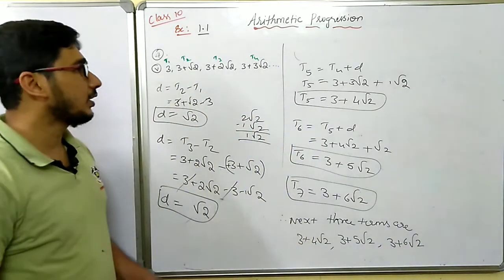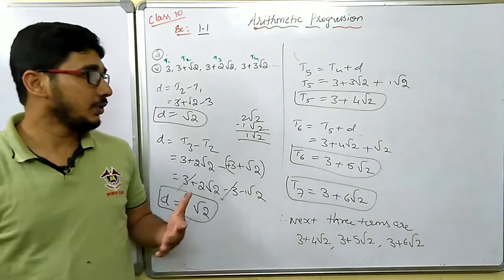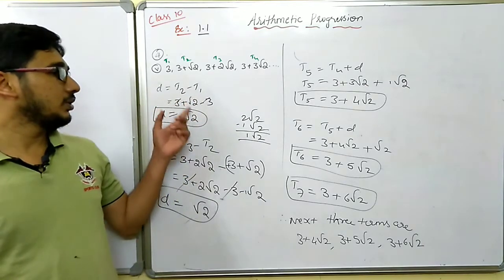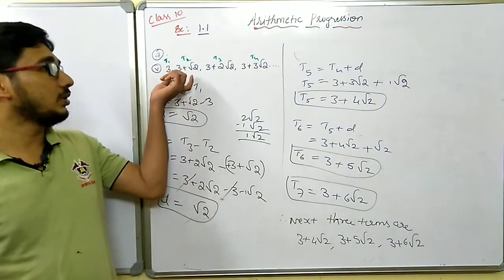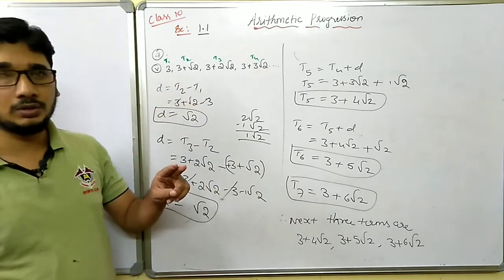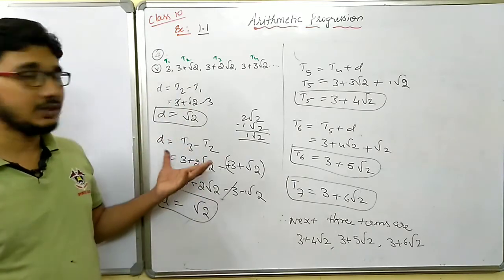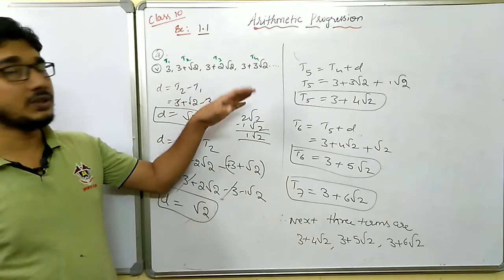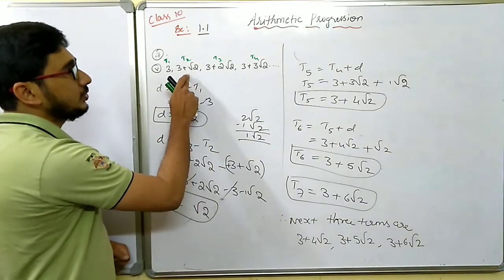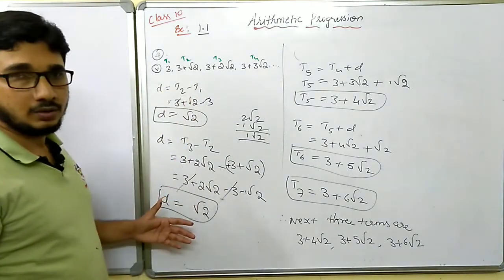Okay, this is how we are able to write whether this is in AP or not. If it is in AP, how to find? Just see the difference, T2 minus T1. You should not do it only for the first two terms. You have to check the condition 2 times or 3 times. This is one time I checked, the second time also you are getting the same thing. If you check T2 minus T1, T3 minus T2, T4 minus T3, like that, you will get the same answer. Okay, then it is in AP.